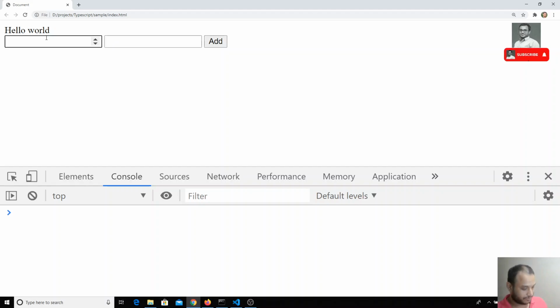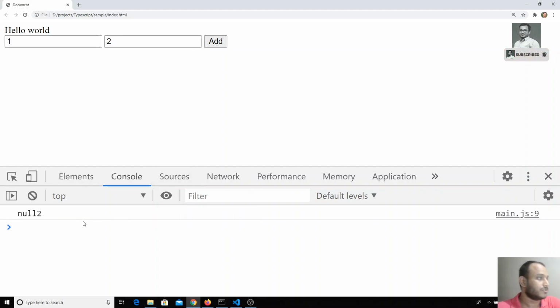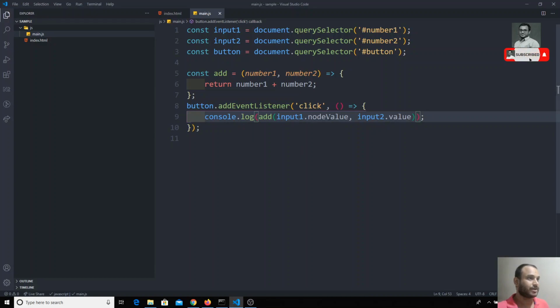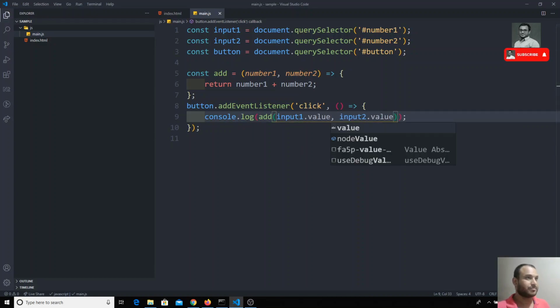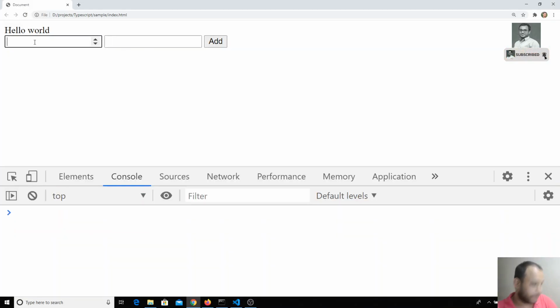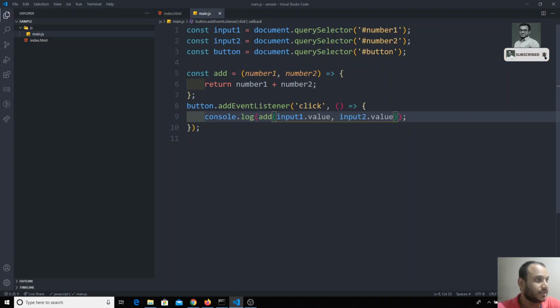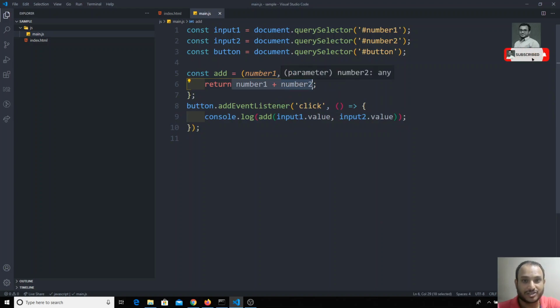If I see here 1 and 2, I am getting it as null. Why are we getting that? Okay, typing mistakes, so many. So now if I type here 1 comma 2, instead of 3 as output, I am getting 12. That means the input values here are actually coming as strings. So that is the reason: instead of doing the mathematical logic, it is doing string concatenation. So the numbers we are getting are strings.